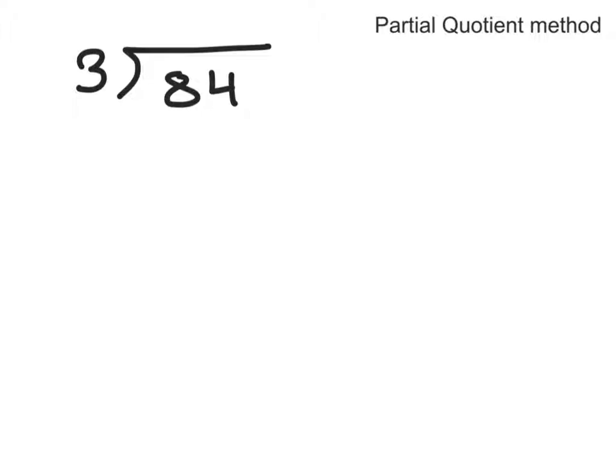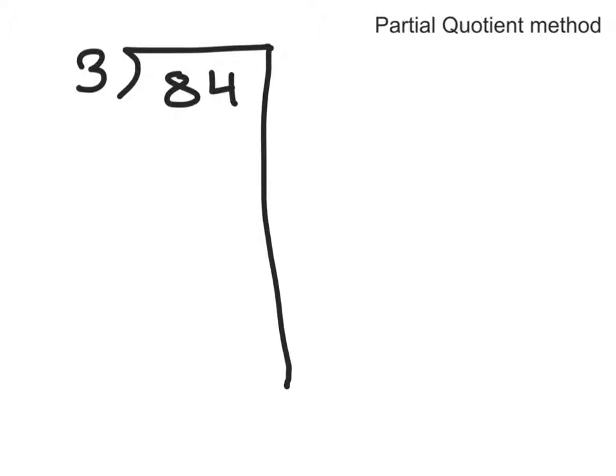So here we have 84 divided by 3. Let's imagine that we have $84 and we're going to try to share it equally between 3 people. The first step in the partial quotient method is we're going to draw this long bar down that side of the little division house sign. Now what we do is we ask ourselves,